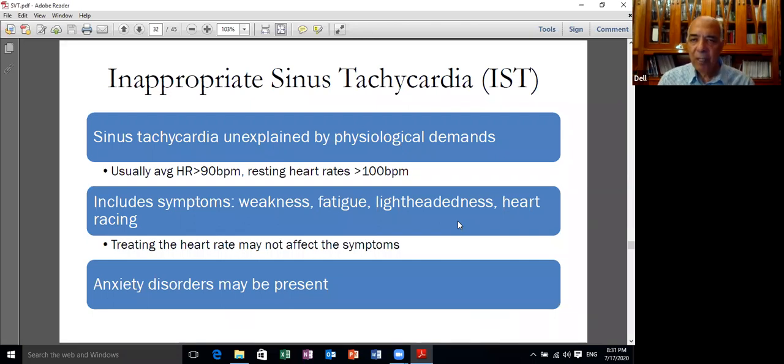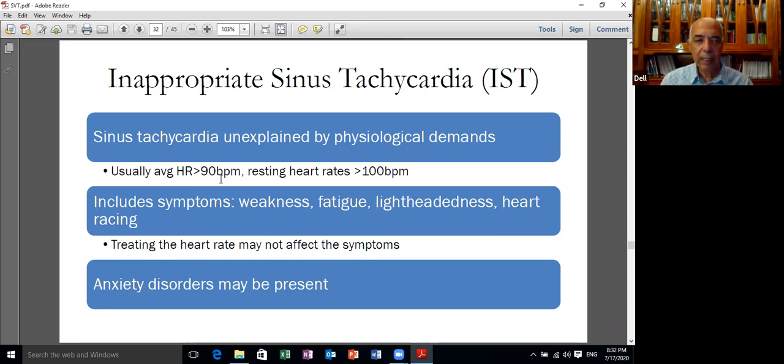We leave supraventricular tachycardia and we move to a situation closely mimicking supraventricular tachycardia, an extremely common and at the same time very troublesome arrhythmia, which is inappropriate sinus tachycardia. This is a sinus tachycardia which is unexplained by physiological demands. You examine the patient, he has a resting sinus rate above 90 beats per minute, but you ask him to walk in the corridor. Then instead of increasing from 90 to 100 or 110, it increases to 140. If he climbs the stairs, one flight only, it increases to 140 as well.